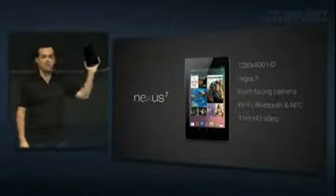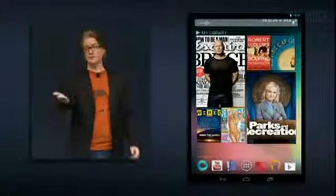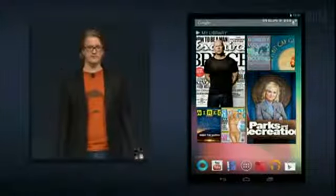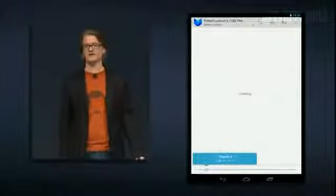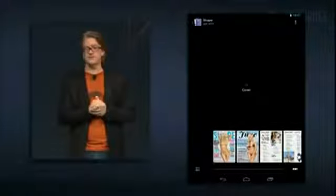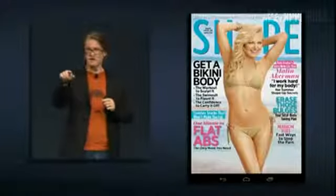It's only 340 grams. It just feels right. So earlier, I was reading The Bourne Dominion on my phone. So we can tap on the cover there and pick up exactly where I left off on that other device. Since this is an interactive title, I can tap on any of the interesting articles there and get to